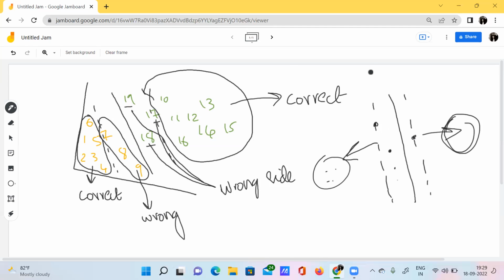Why? Because we are using a support vector classifier. What does this support vector classifier do? It just allows some misclassifications. Okay, it just allows some data points to cross this particular margin.